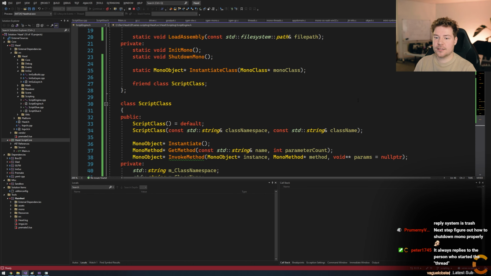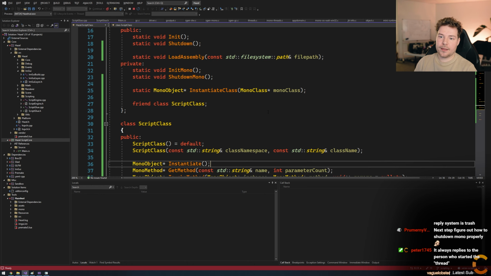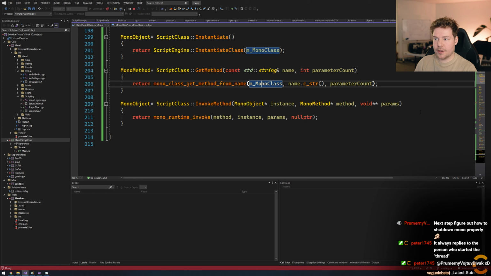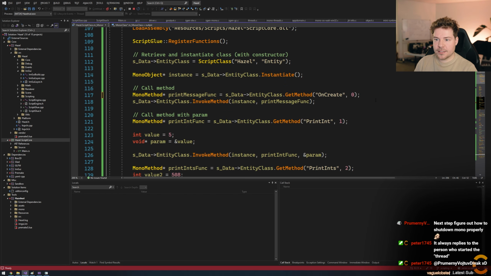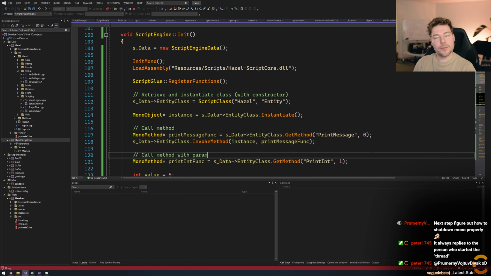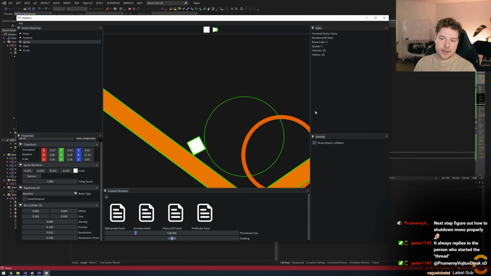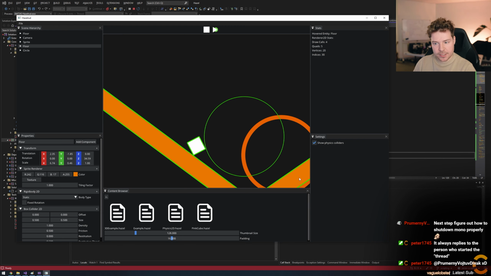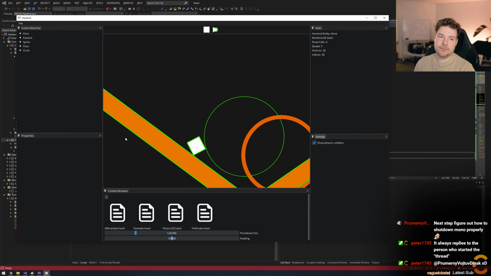This is actually from the class itself, because that's what that object represents anyway. But we call onCreate, and then every frame we need to call onUpdate. And that's the gist of how to get this working. And you do that for every object in your scene that has a script component on it. And there you go. That works. So that's what we'll do next week.